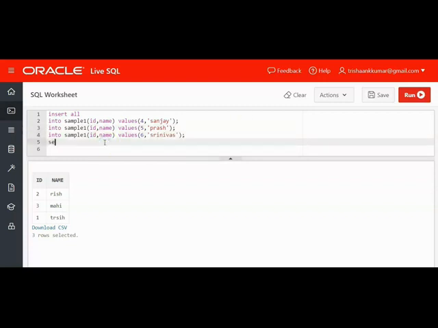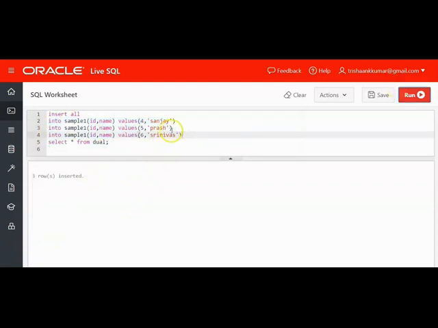Right. Now at the end what I said, select star from dual. If you miss this, you will get an answer. In the previous way of inserting, we have inserted 3 records that required 3 executions separately, but this will require only 1 execution, but we have inserted 3 records. 3 rows has been inserted within a single execution. With the help of insert, you can have only 1 row being inserted with 1 execution, right?